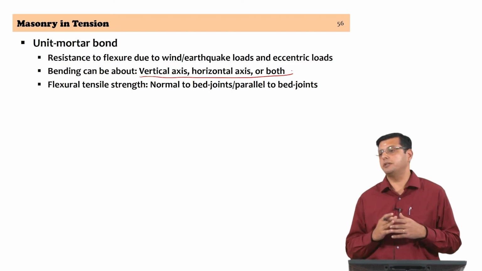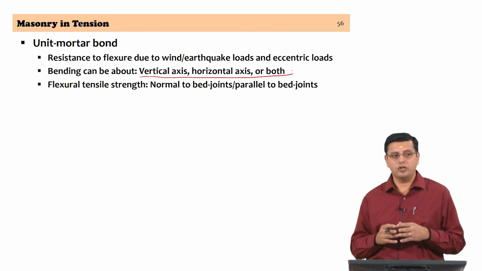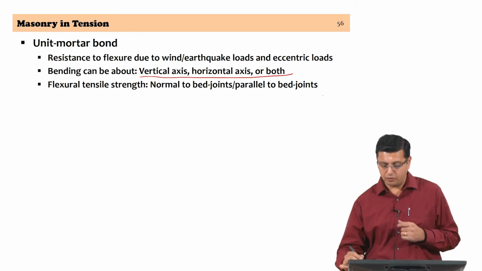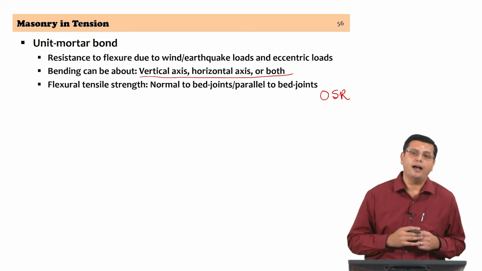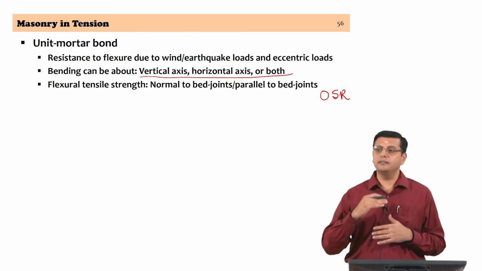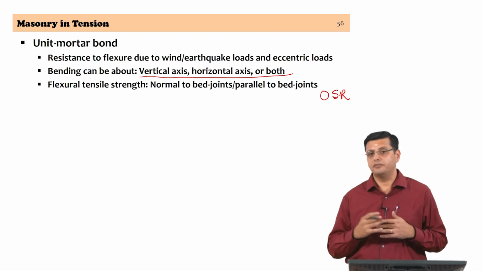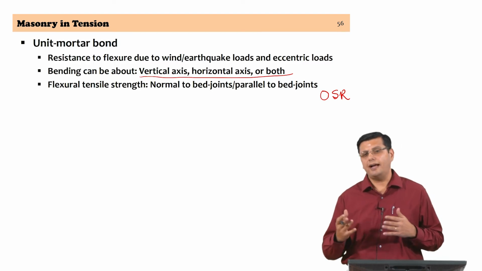The ratio between the two is very often referred to as the orthogonal strength ratio, and we will come back to this aspect when we deal with design. So, the strength in tension in two orthogonal planes is referred to as the orthogonal strength ratio,